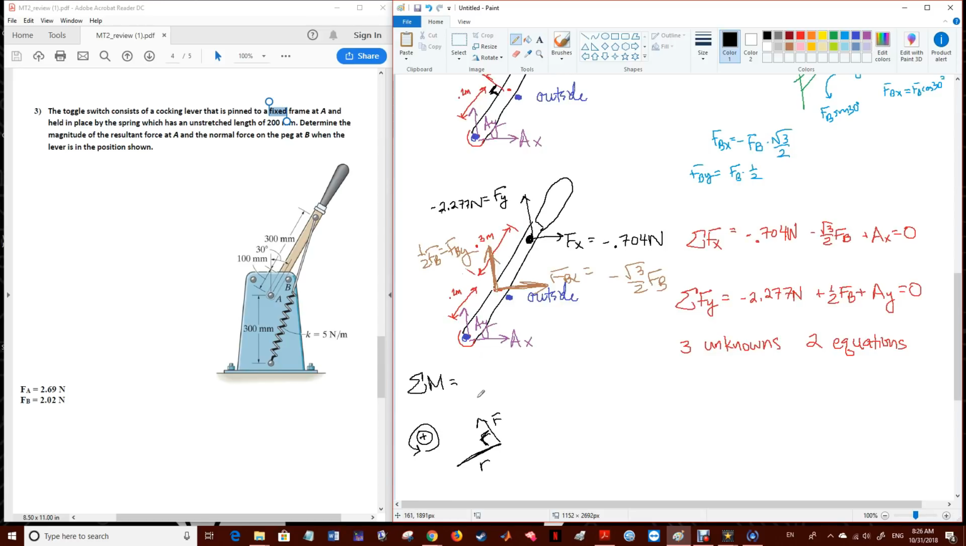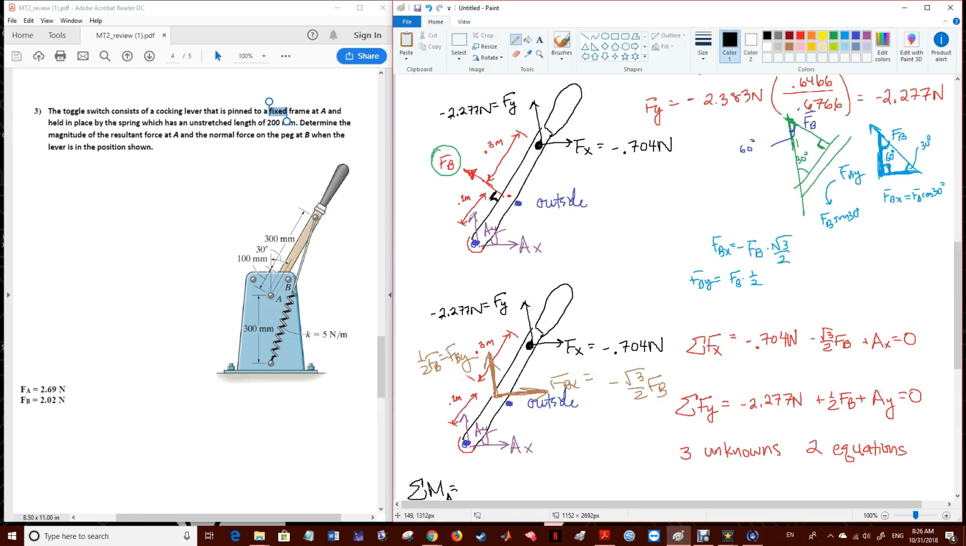And how we start these sort of problems is we say, let's take the sum of moments at A. And we choose A because we have unknowns AY and AX, and we want to try to get rid of those values. So the summation of moments at point A tells us that